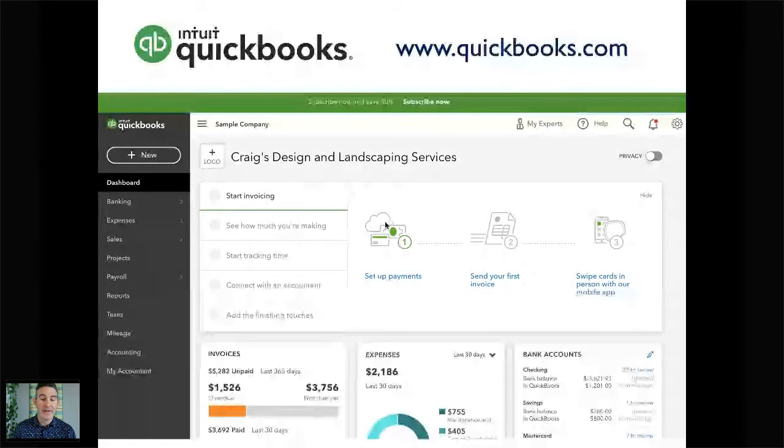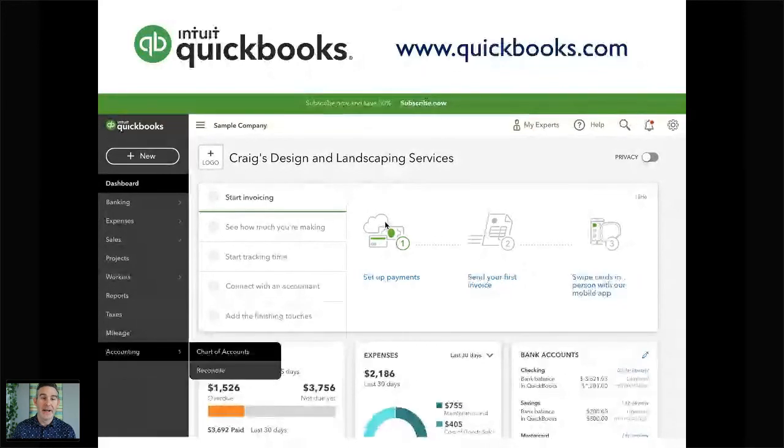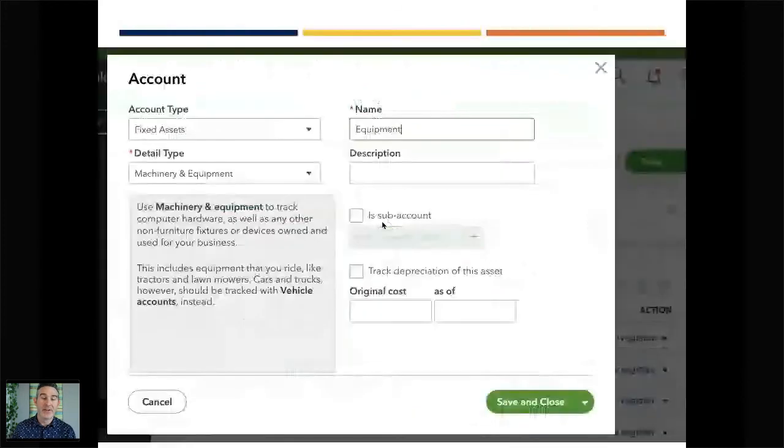So what we're going to do here is similar. We're going to go to our chart of accounts, which is under accounting, and you're just going to start adding all of the categories. This is a sample landscaping business, so I did it a little differently. I went over here, added machinery and equipment, and we're just going to call this equipment. Oh, I'm sorry, I meant to point that out. When you're in the chart of accounts, if you click New, it'll bring up this page, and then you fill out the details that I just pointed out.